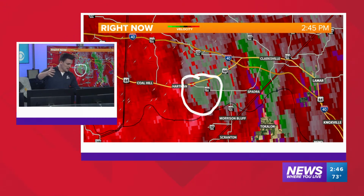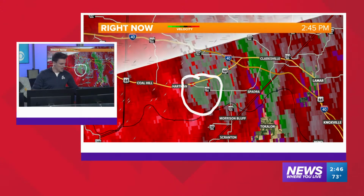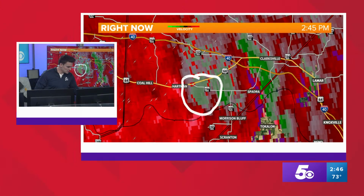We've had some indications from the radar that there could be some hail for you guys, but it overall looks like this rotation is moving north and east. It's going to be crossing Highway 64 at any moment. You can see a little bit closer, 194 as well. So this overall, zooming in just a little bit closer, a couple